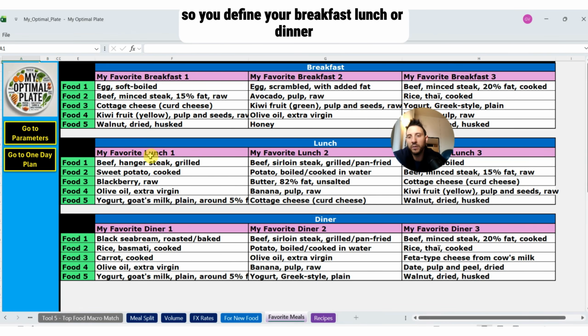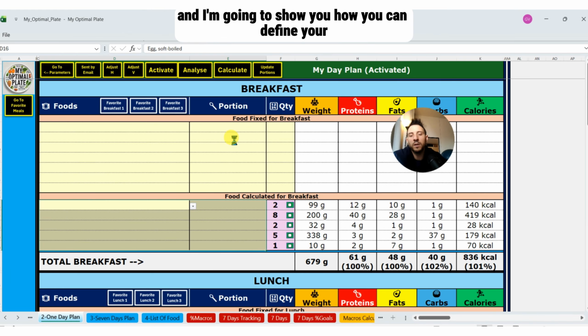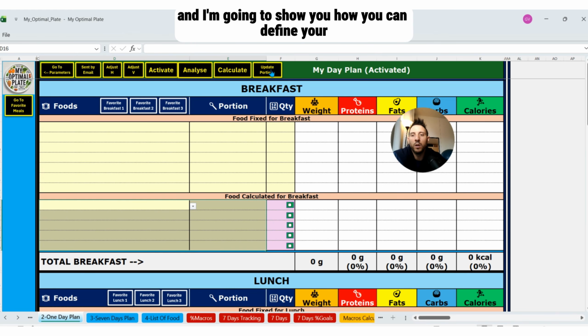So redefine your breakfast, lunch, or dinner. So you have these 3 different favorite meals. Then I go back to my one-day plan. I'm going to remove that, and I'm going to show you how you can define your meal plan in